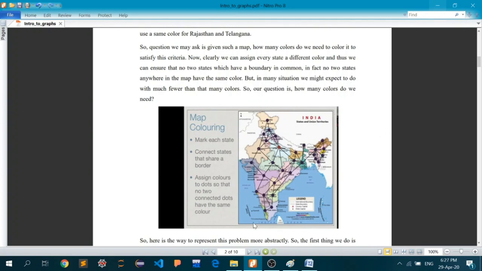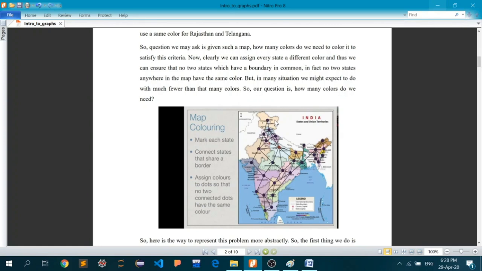Now I haven't colored any of these nodes, apart from this one which was done by mistake, you can see that, but soon we are going to color each one of them with a different color. Now, first, forget about all these connections. Suppose we haven't connected our graph. So what are the rules of connecting these graphs? I have devised a rule that I will connect only those nodes, or only those states, which have a common boundary with each other.